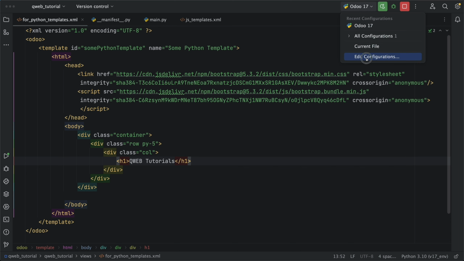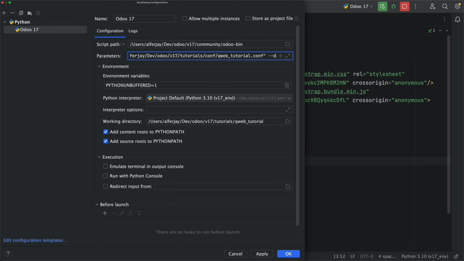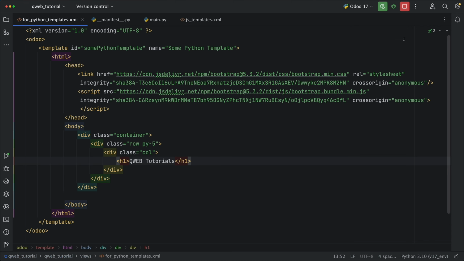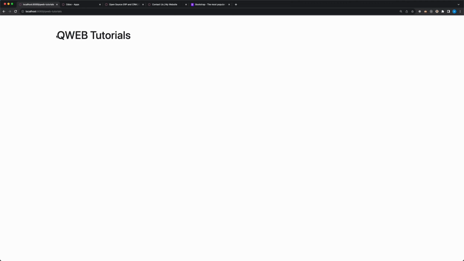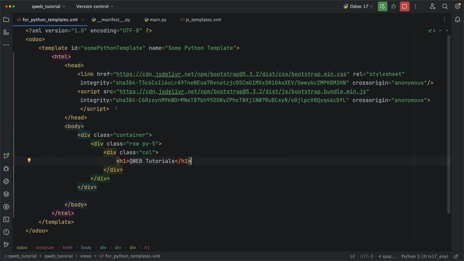Before we check, let's add dev=xml to the PyCharm configuration so that we don't need to upgrade the module every time we make changes. Let's then go back and reload. Now this is better. But since Odoo already has Bootstrap installed, we can just call the first QWeb directive I will teach you, which is